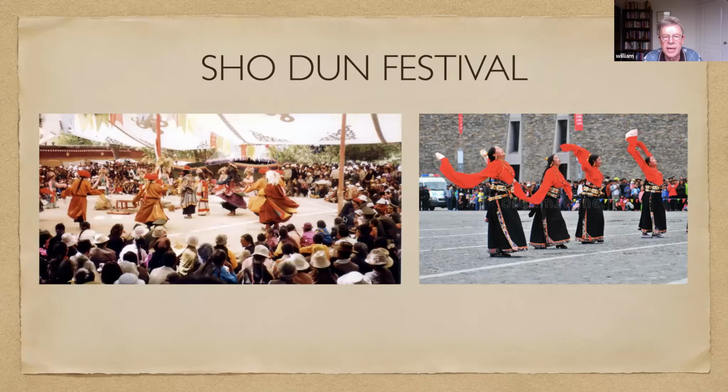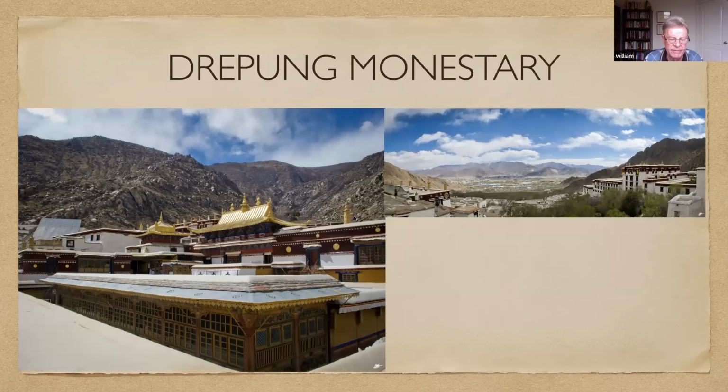Two other important sites are actually outside of Lhasa. We saw this site earlier, the Drepung Monastery. This is where the current Dalai Lama was educated. It's known as the Rice Heap Monastery. It's located on this mountain 3 miles from Lhasa. It's the largest of all the Tibetan monasteries, and it was founded in 1416. You can see the view you can get of Lhasa on the right.